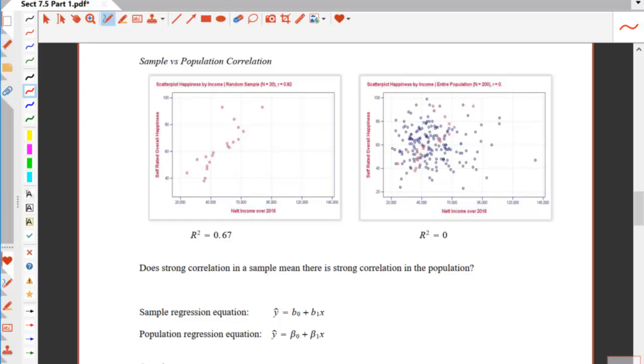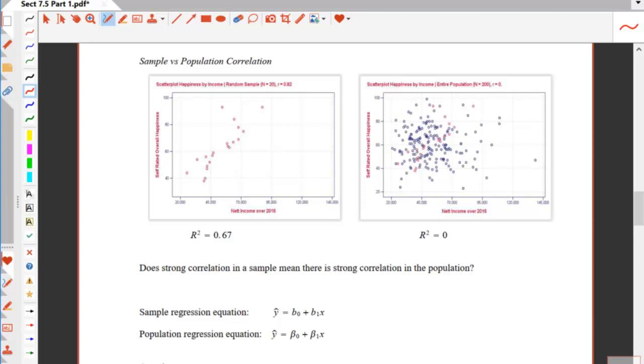That's not the end of this story. It turns out that this particular sample was taken from this particular population. It's a little hard to see, but if you're on an image that has color, these are kind of maroon colored dots, and they're still scattered in here. But the other blue dots were part of the population that didn't get sampled. And so if I look at all of these as the entire population, there's not much pattern at all. In fact, here R squared is almost 0.